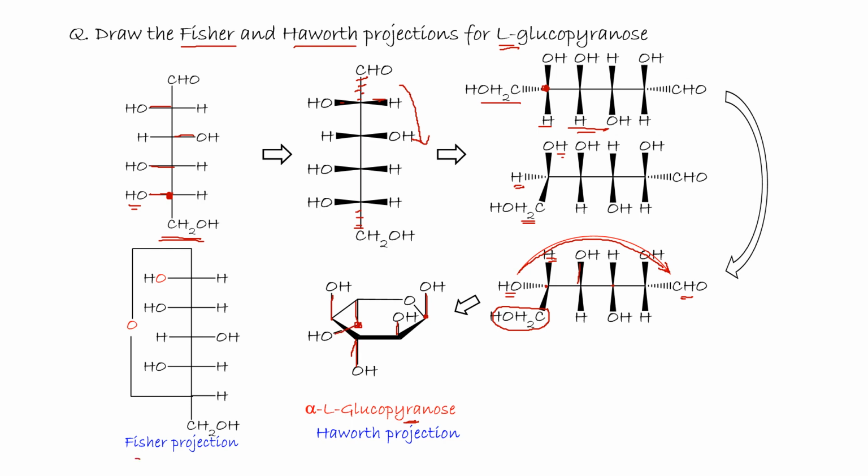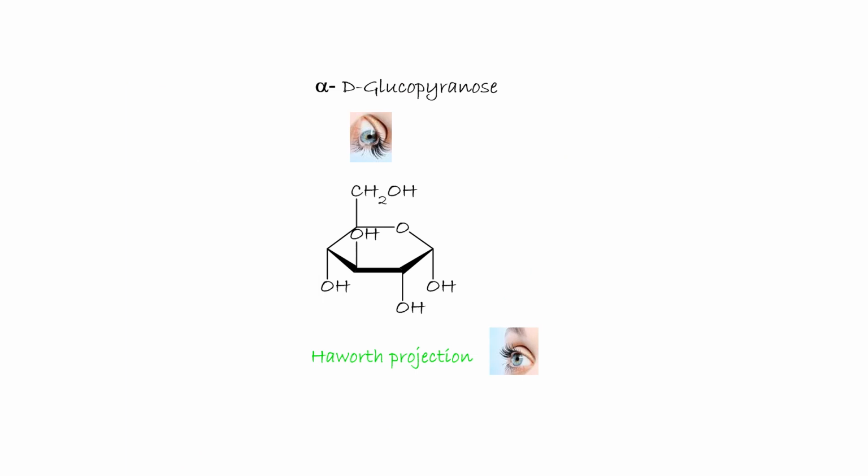So that's the Fisher projection, and this is the Haworth projection. The Fisher projection, of course, will be here to here. If you need the alpha, the OH will be on the same direction. Now, if we have the Fisher projection for alpha